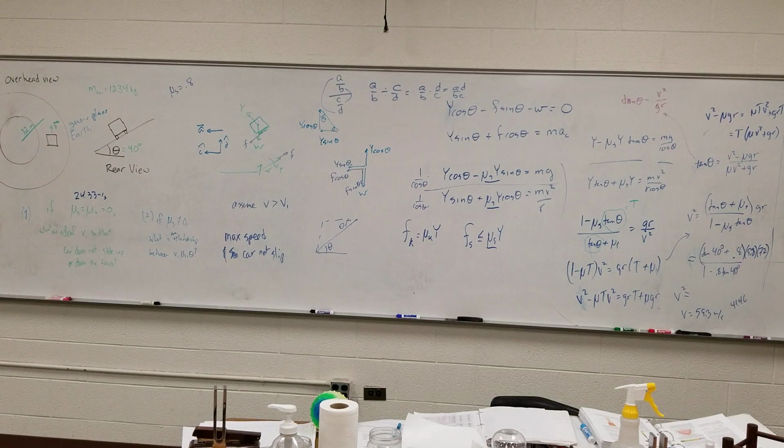Mu. So the only reason we use mu, the static friction coefficient, is because we're trying to find it where it's at the max speed where it doesn't slip. Right. If the problem said,